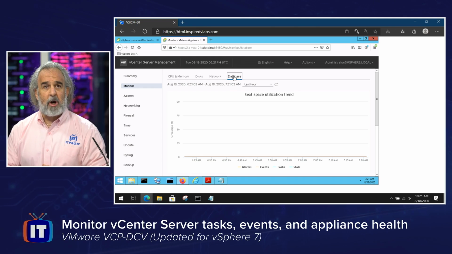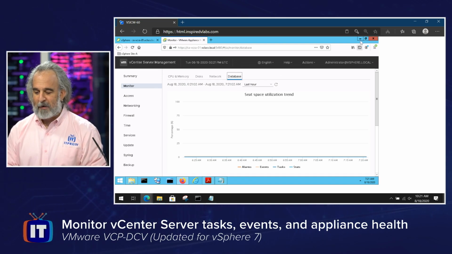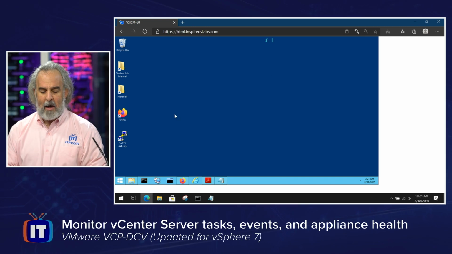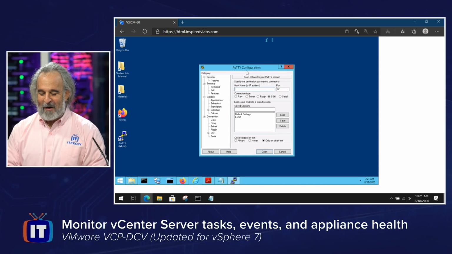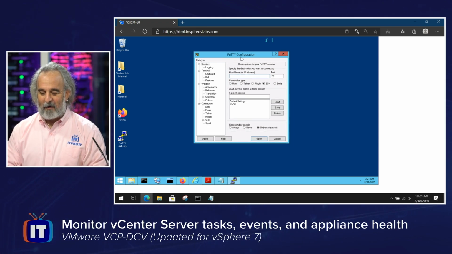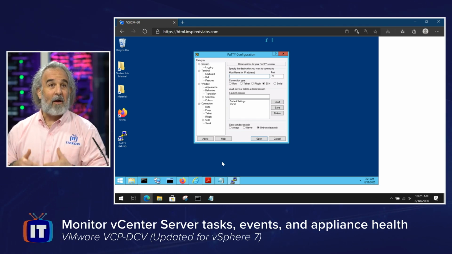Now, we can also check on vCenter and the running processes in real time using the command line. So I want to wrap up our conversations by showing you that. Let me minimize this. And what we're going to do is use a tool that is near and dear to my heart. I know Mike uses it also, and certainly many of you probably use it as well. PuTTY, right, which is just going to be an interface that allows me to connect to a host and create